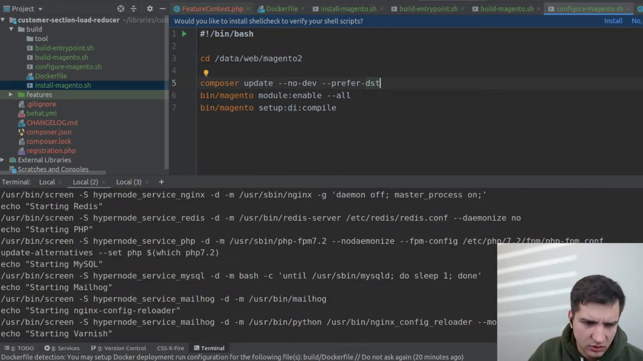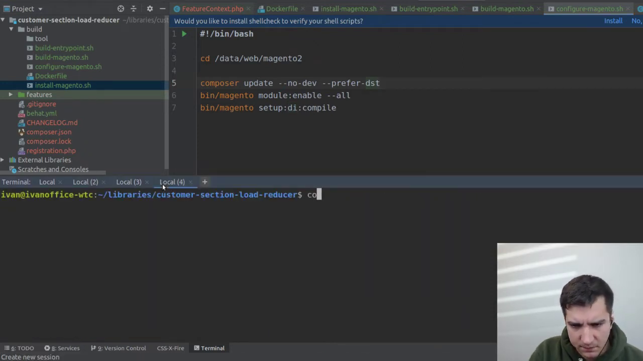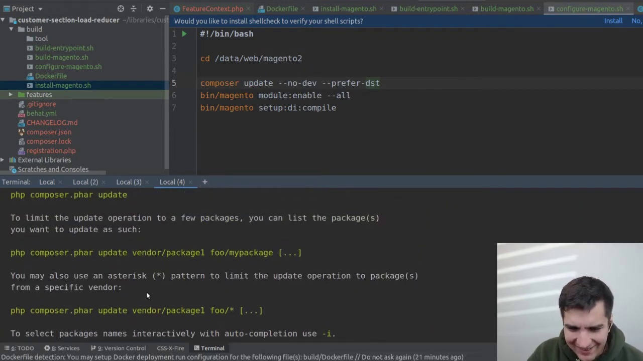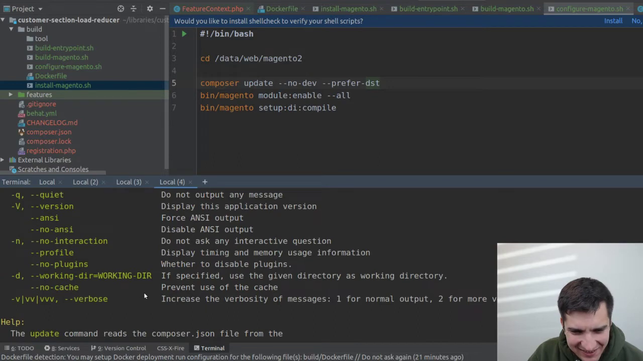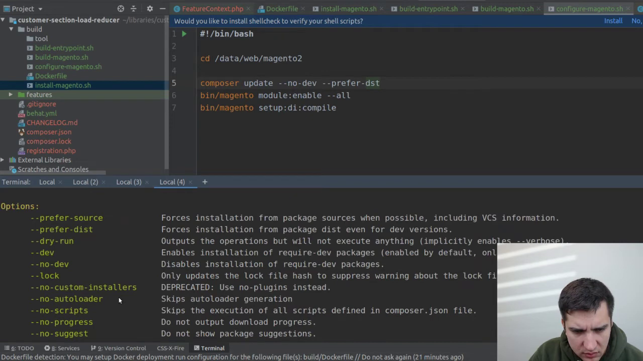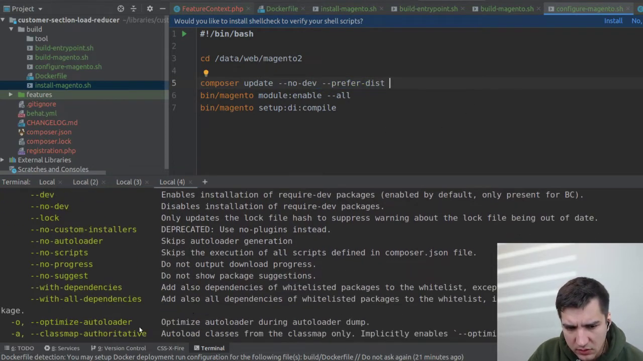Also, let's specify prefer dist. Is it dst or dist? Let's see. Composer update help. Oh no. In order to perform update, it still needs to download stuff. Okay, so I think it should be prefer. Oh, it should be prefer stable, right? Or okay, so here it is. Prefer dist, and as well, we're going to